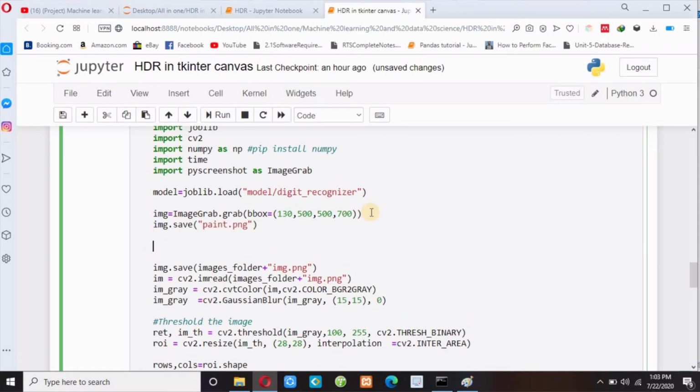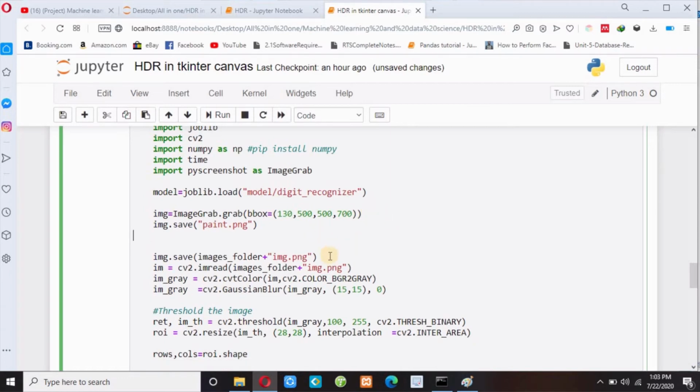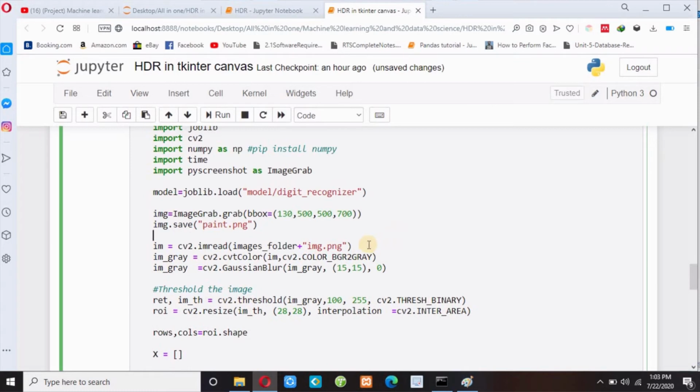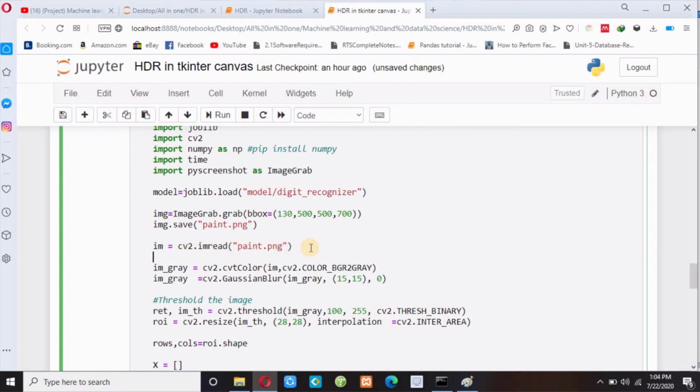and then I have to read this image. Which image? The paint.png image. So I have to write here cv2.imread paint.png, and I have to load this image.